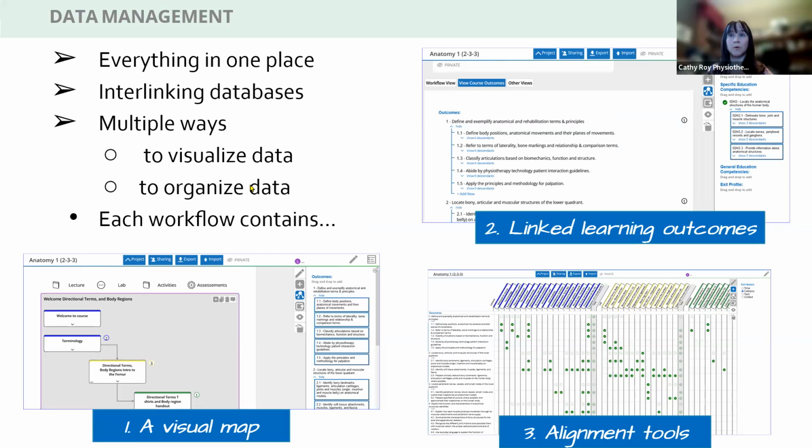So each workflow, and there's a lot of stuff here on the screen, and this is the beauty of the program, is that it holds all of these different pieces together in one place, and you can move around very easily from one part of the program to another. So it's a set of interlinking sort of databases, and each workflow actually contains this visual map,